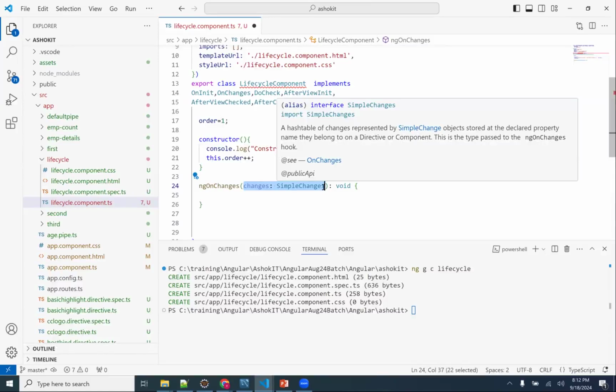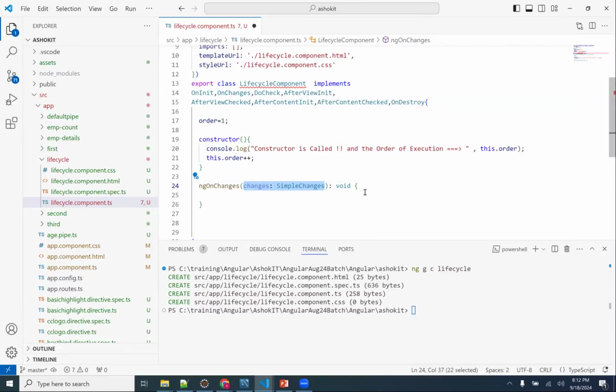In the next example, I will write here. Which is going to have ngOnChanges called. The order of execution is this.order and